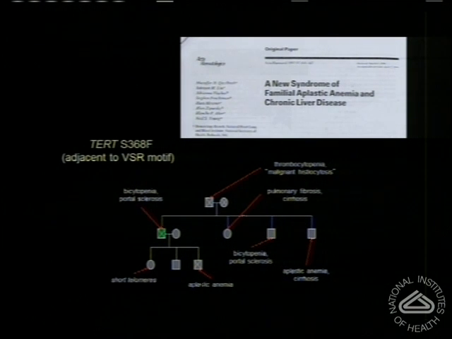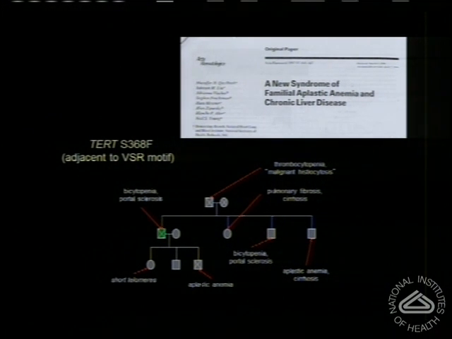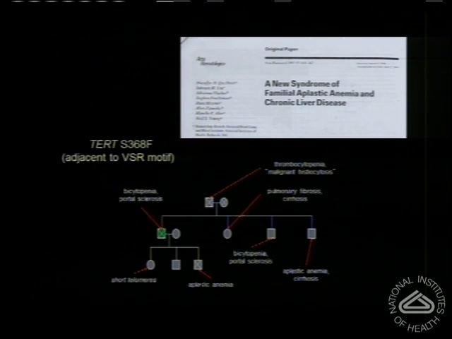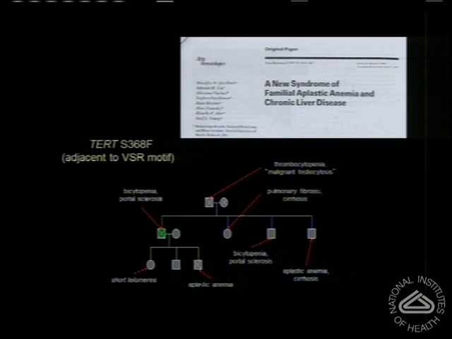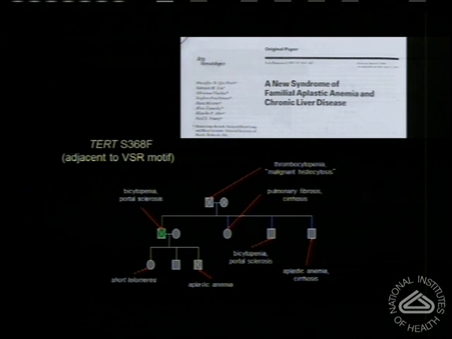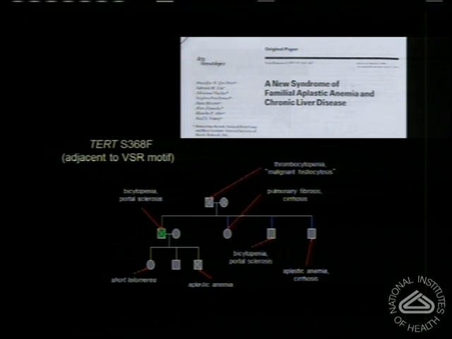And when we understood telomeres 15 years later, I actually still remember the name of the family, but we couldn't reach them. Nobody answers the phone. The doctors died. The office is closed. So I sort of gave up on being able to go back and make a retrospective diagnosis until I got